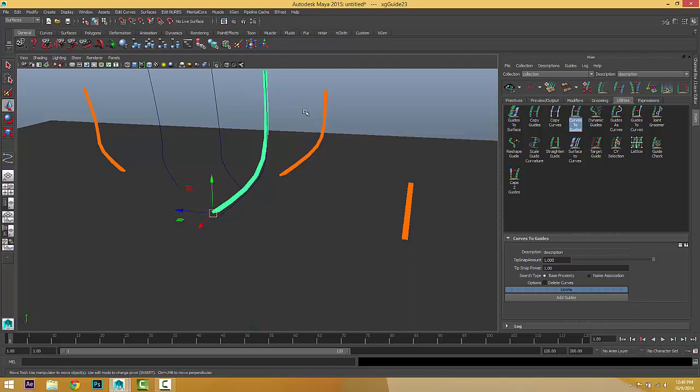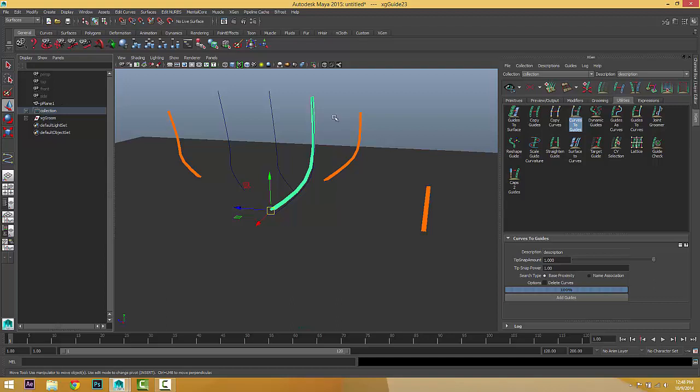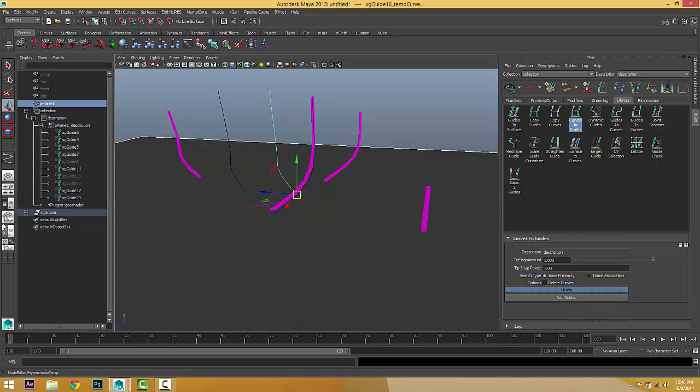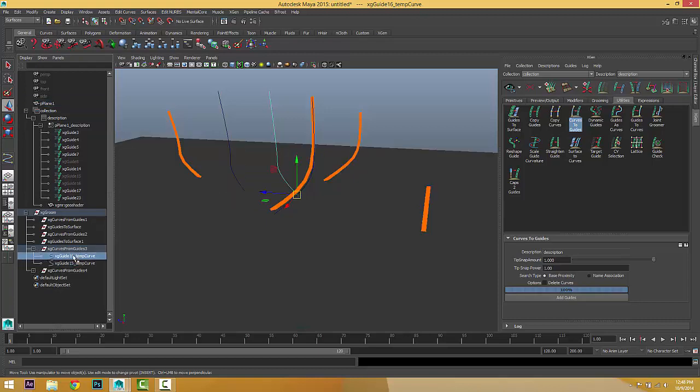It's a little bit difficult to select the curve, but we can do that very easily if you use the outliner. You can see this is this curve and that curve, and this is the other curve.